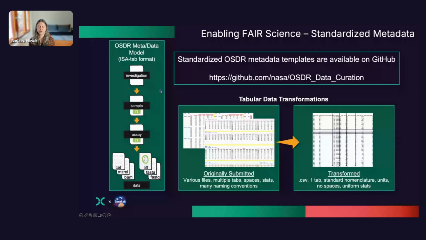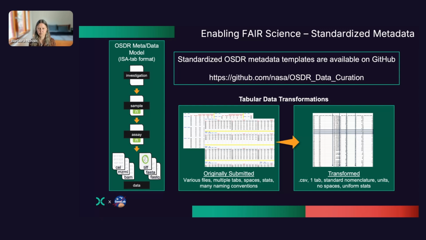So how do we enable FAIR science? How do we make data findable, accessible, interoperable, and reproducible? One very important component is standardizing the metadata. So we have built a metadata model called the ISA-Tab format, standing for investigation, sample, and assay. The investigation table includes all of the information about the study. So just an overview of what was done in the experiment. The sample table includes sample level information, including sample source and sample names, as well as characteristics and factors pertaining